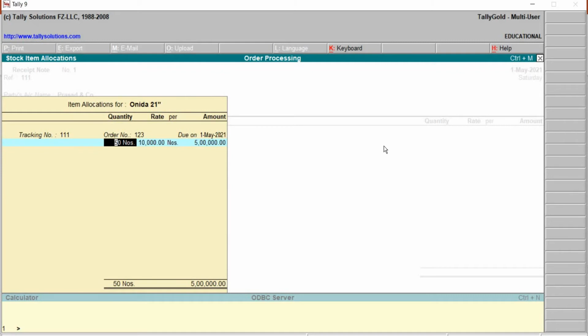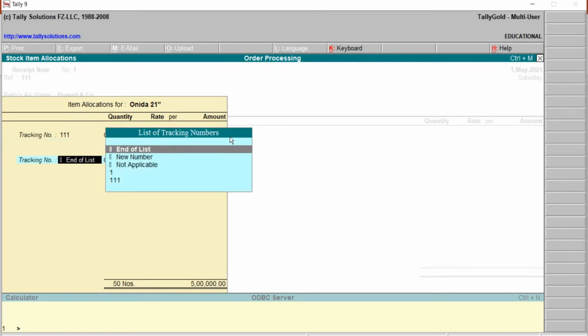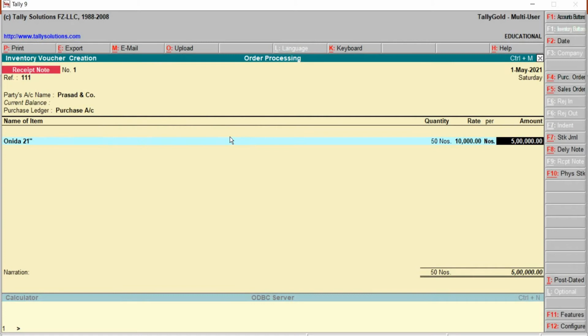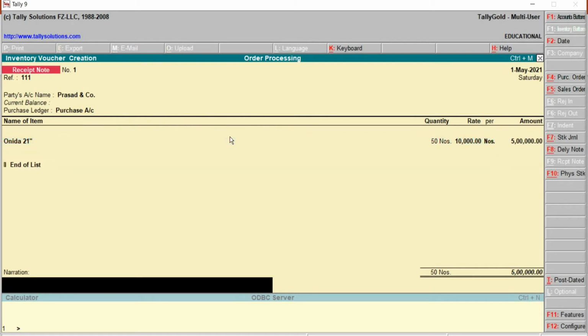Quantity is 50 numbers. Rate, right. And here we can see the due was on 1st of May. On the same date we are receiving the material. End of the list. Later type the narration, then save.